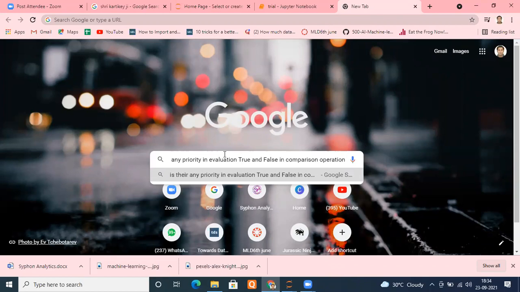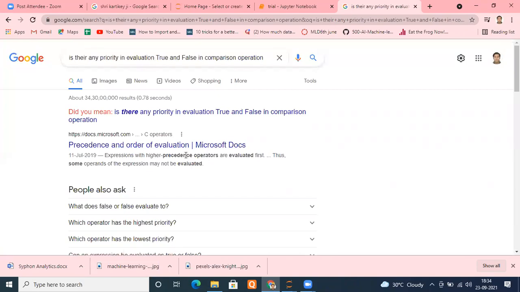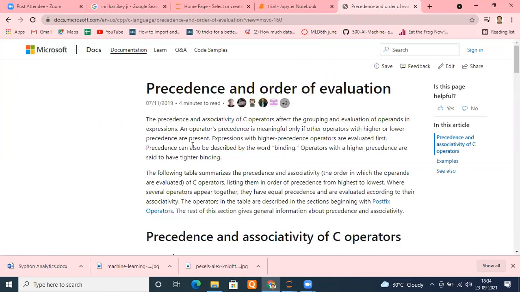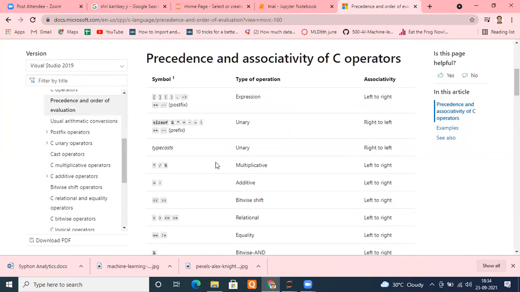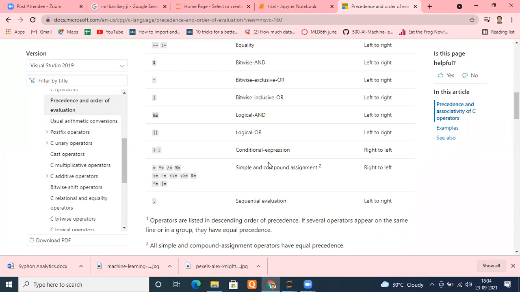Comparison operation, that's it. Doesn't matter which branch, whether it is Python or something, right? Let me check if anything is available. This is Microsoft giving something. This is C. Well, everything is equal only, right? So we can't consider operator precedence.